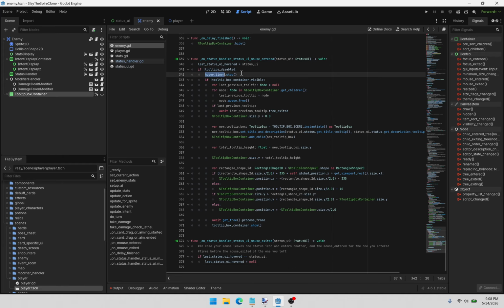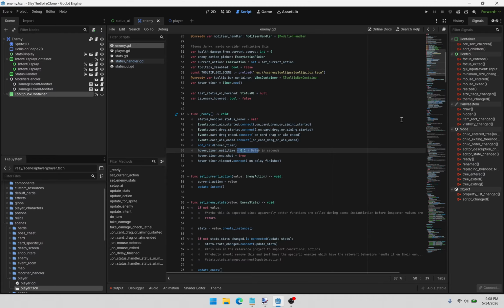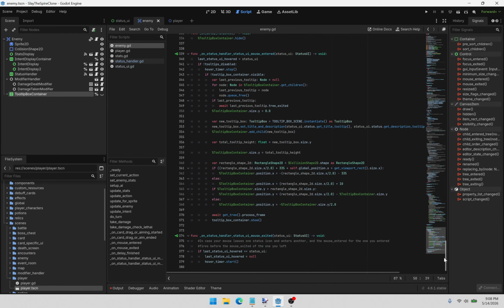So we stop the timer. Wait, no, wait. What are we doing with this timer? Oh yeah, we start the timer, right? Because we might want to stop showing the status tooltip after a certain amount of time. Right now, I've got it set to 0.1 seconds, right? Okay, so that'll take care of that, right? And then